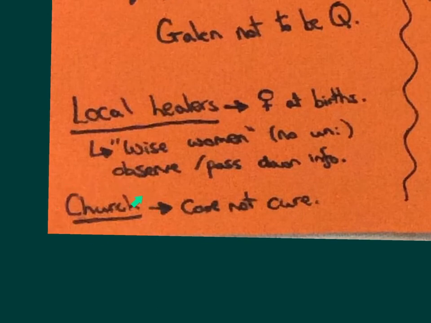There was also, obviously, in the medieval period, the church, who would help with treatment. And the training of people in the church hospitals, who were largely monks and nuns, was more based on care, not cure. So it was more about religious training, so lots of prayer and that sort of thing to help their patients. And some monastery or church hospitals might also have had access to libraries. They might have had their own chained libraries, and in those libraries they might have had access to herbals, so they might have read some books on herbals that they could also have used as part of their training.